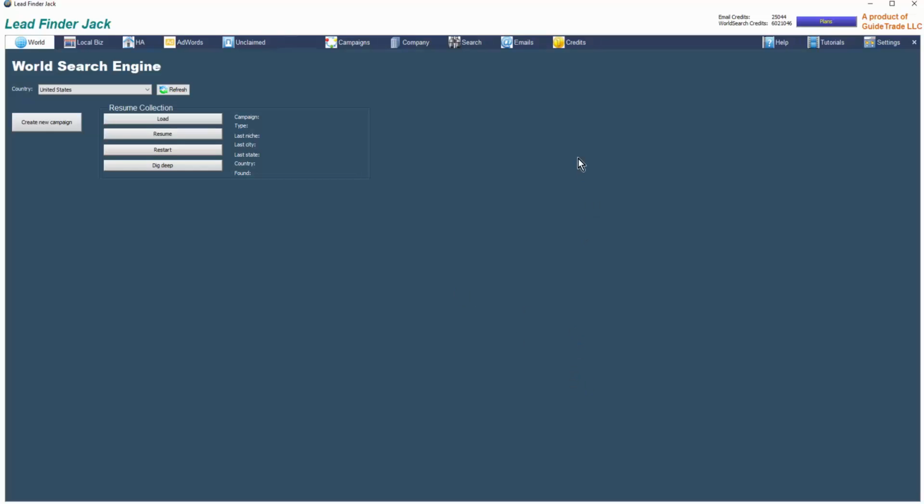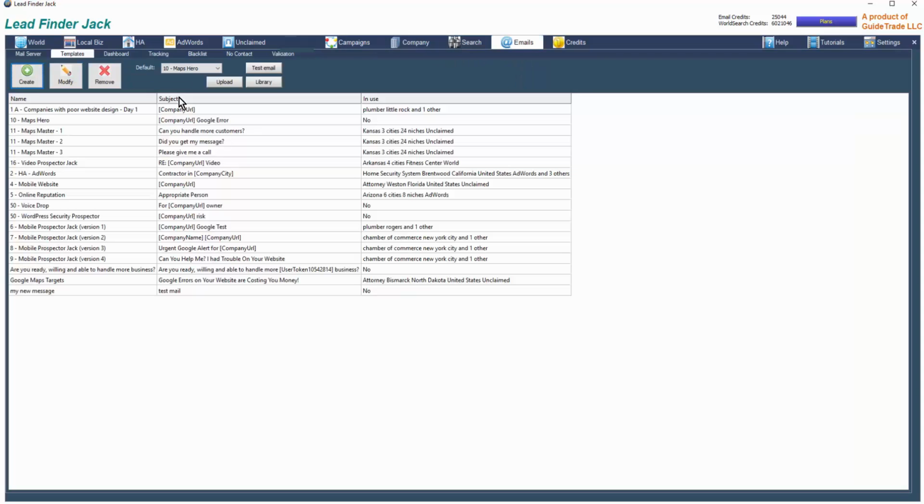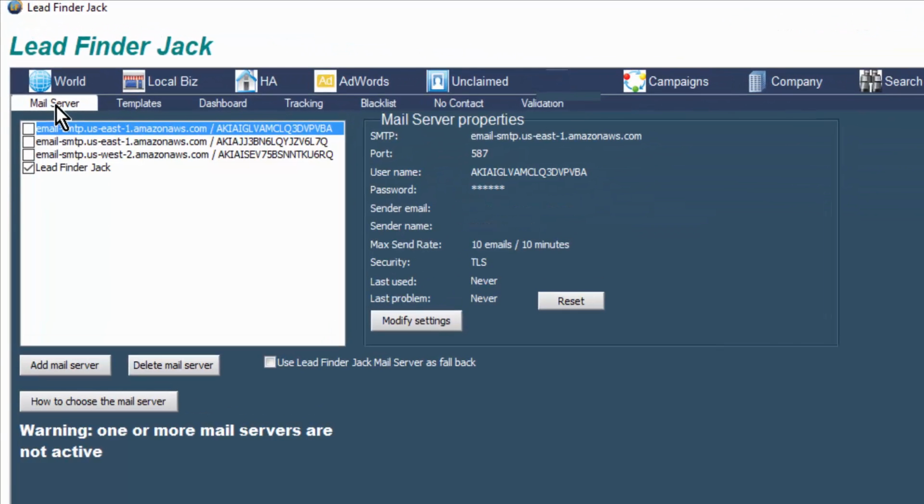This is a tutorial for email for LeadFinder Jack. So we're logged into the dashboard. Come over to the right and click on email, and we have a number of little tabs here underneath the search engines. And if you come over and click on mail server,